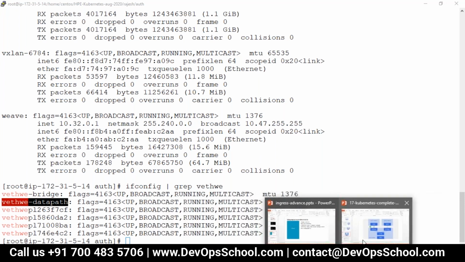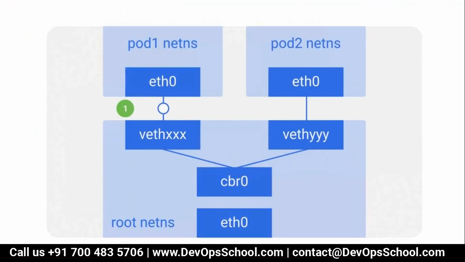So what happens when you connect from pod 1 to pod 2: the packet is sent from eth0 to the veth. ARP always travels outside of the network, that's the nature of ARP packets. Now from the veth it goes to the bridge. The bridge says, I know the IP address you are trying to reach, because the bridge assigned the IP addresses to pod 1 and pod 2. So cbr says, I know that, why go out of this? Don't travel outside. I know that.